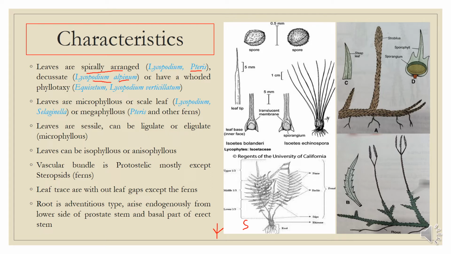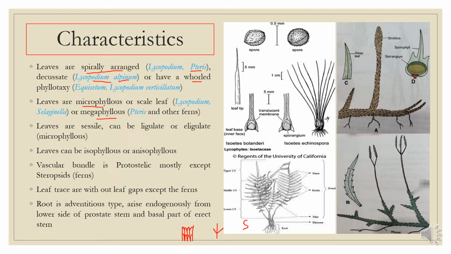They also have a whorled phyllotaxy, for example in Equisetum. This is the stem of Equisetum, and they have a whorl of sheathing leaves. The leaves sheath the stem, so they have a whorled type of phyllotaxy. So three types of phyllotaxy are found, and there are also two types of leaves, the microphyllous and